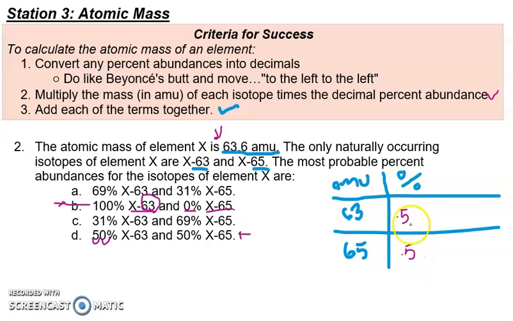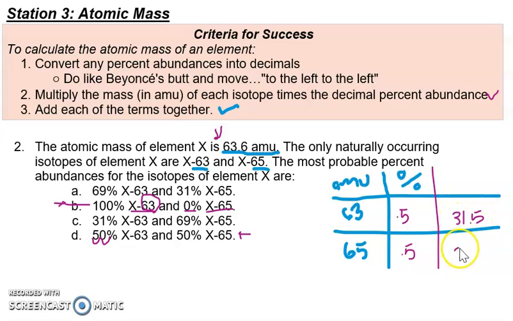If we multiply, remember we're working backwards, so if we do number 2 here, if we multiply 63 times 0.5 and 65 times 0.5, I get a total here of